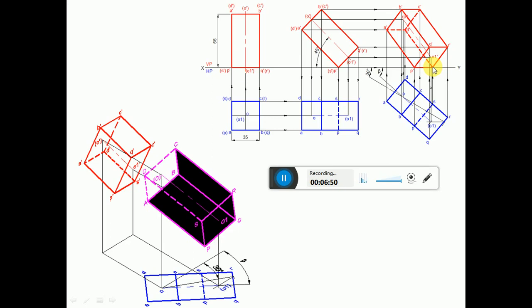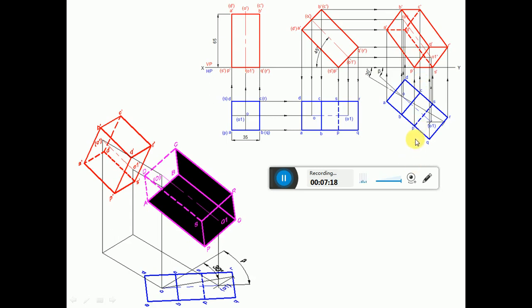Now we will apply the condition of visibility. So the first condition is all the exterior edges of the boundaries of the solids are visible. So A dash to P dash, P dash to S dash, S dash to R dash, R dash to C dash, C dash to B dash and B dash to A dash will form the exterior edges of the boundaries of the solid. So you dark them.